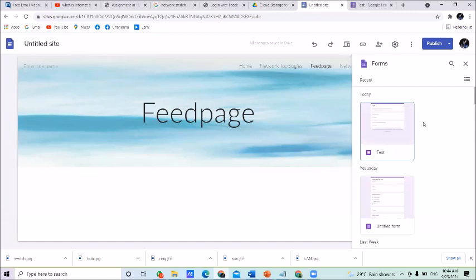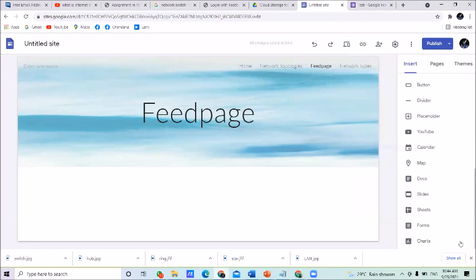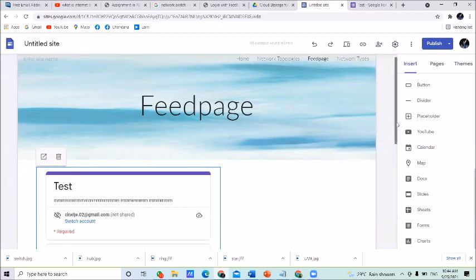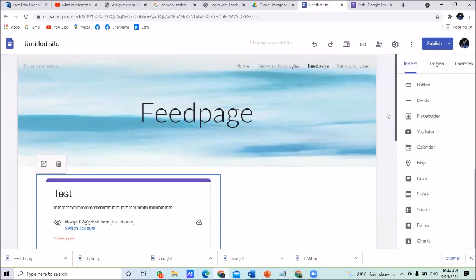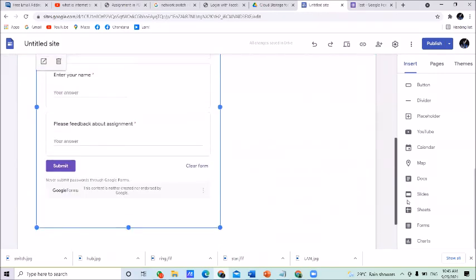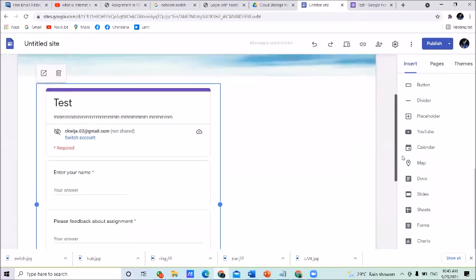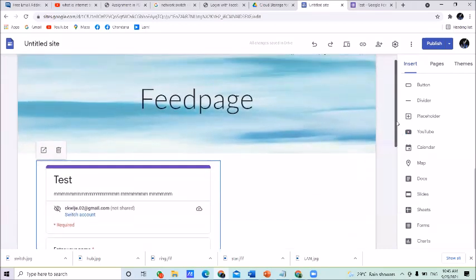The last one you created today, this is the last one I created, test. Therefore, select it, click insert. Now you can see your Google form on your e-booklet also. This is how you can insert your Google form into your assignment.